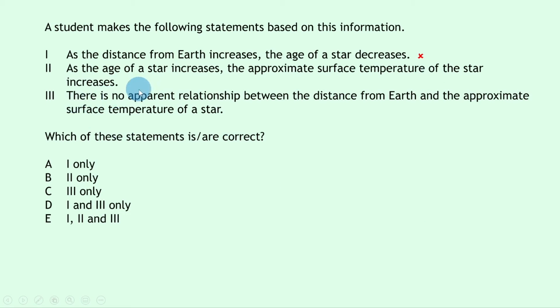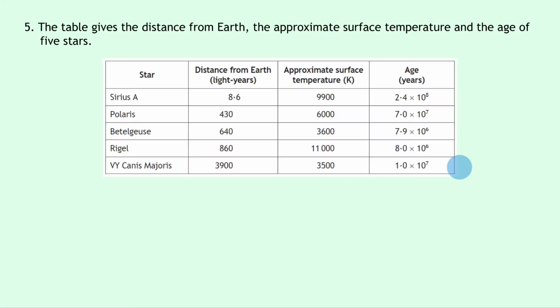Statement 2, as the age of a star increases, the approximate surface temperature of the star increases. So let's look back at the table and see if that is true. Well, if we look at the age increasing up here first of all, then we can see that as age of the star increases, the approximate surface temperature does increase. However, since 8 times 10 to the 6 would fit above this one after the 7.9 times 10 to the 6,